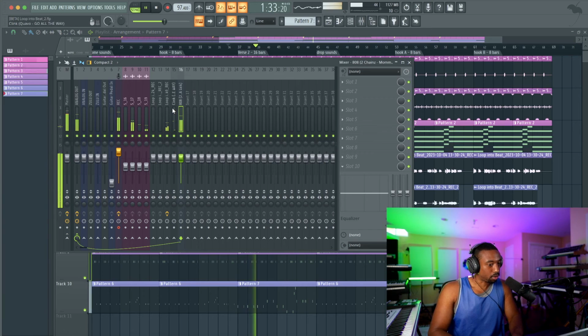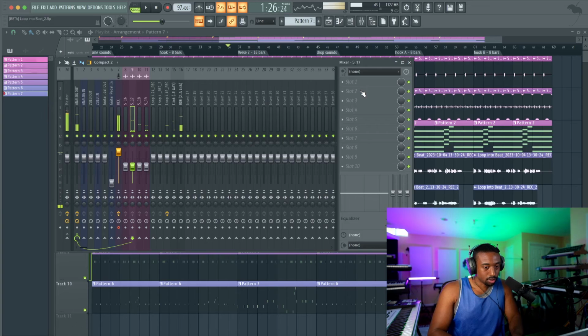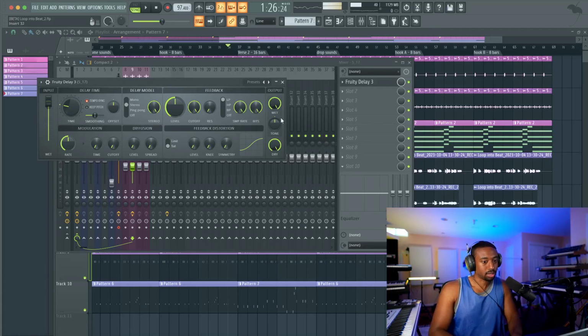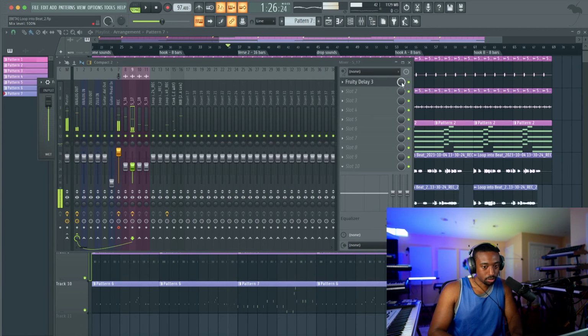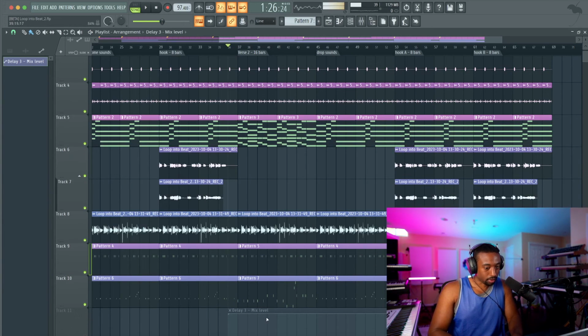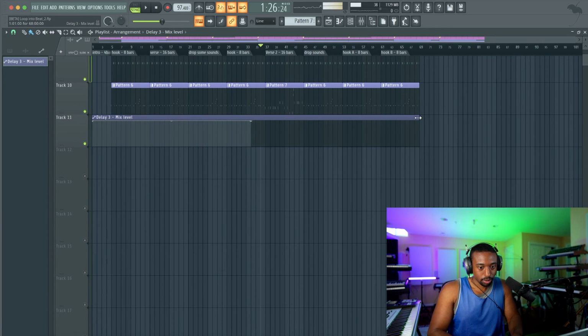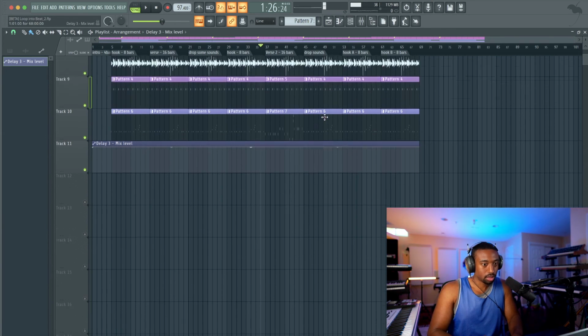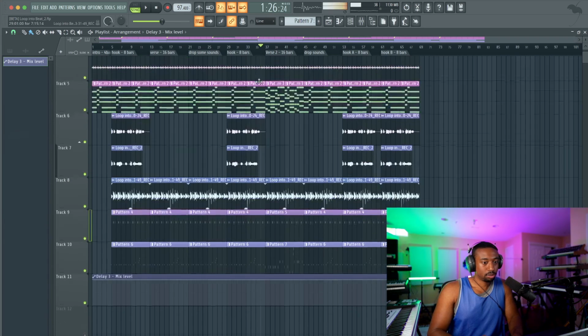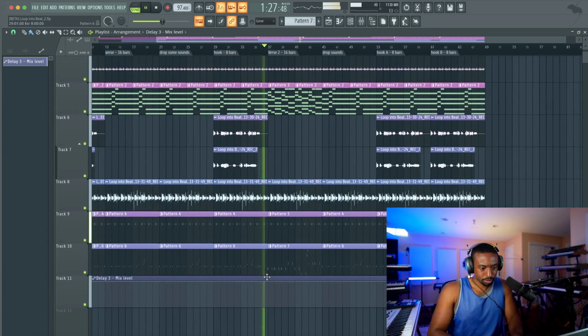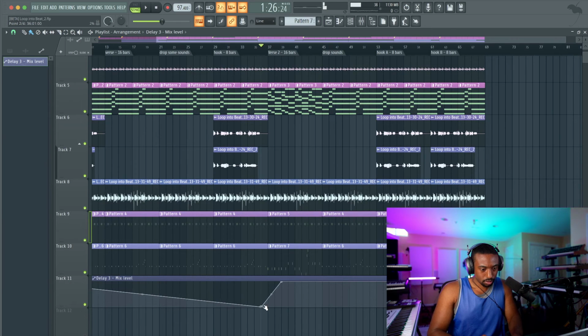So here's where you can also add more effects. So maybe add like a tape delay. I'm not going to get into full production here because that'll take too much time. So I'm just going to automate this just to show you how far you can take it. So now I'm automating the boom and I'm adding some delay only to this change up section here. We're going to turn it off for the majority of this song and then only have it pop up during this little change up. Okay, so we're locking it down.